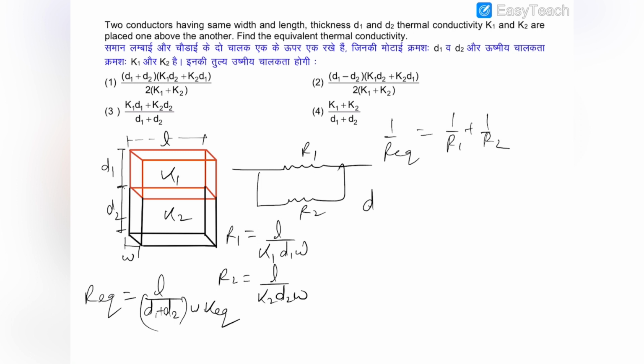So 1 upon R equivalent will be D1 plus D2 into W into K equivalent divided by L,